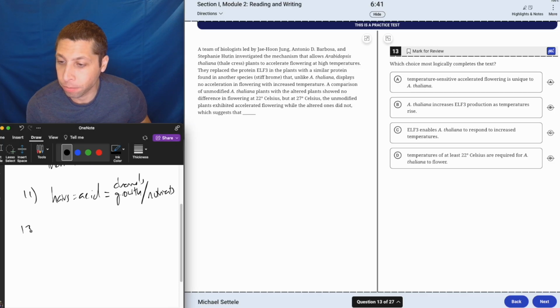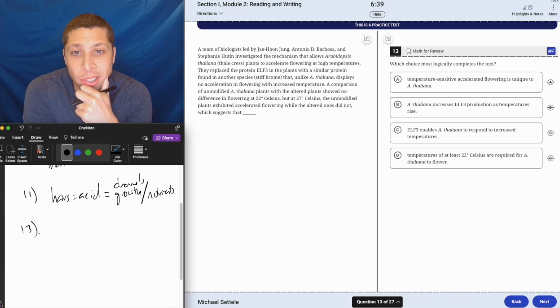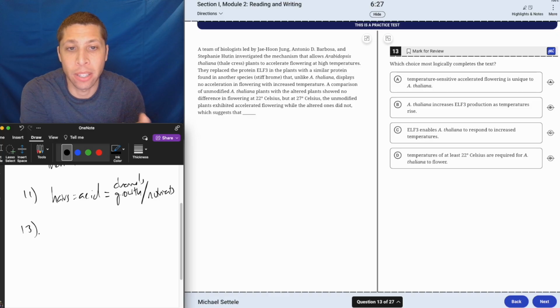13. A team of biologists led by these people investigate the mechanism that allows Bellcrest plants to accelerate flowering at high temperatures. They replace the protein ELF3 in the plants with a similar protein found in another species that, unlike this thing, displays no acceleration of flowering with increased temperature. Okay. A comparison of unmodified Thelania plants with the altered plants showed no difference in flowering at 22, but at 27, the unmodified plants exhibited accelerated flowering while the altered ones did not, which suggests that. Okay, so